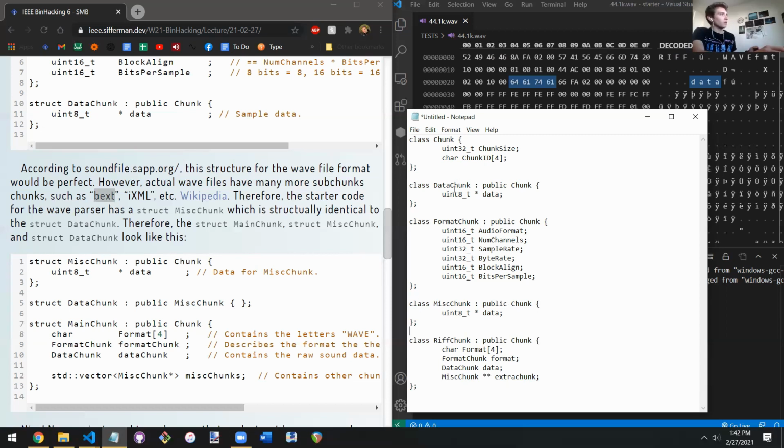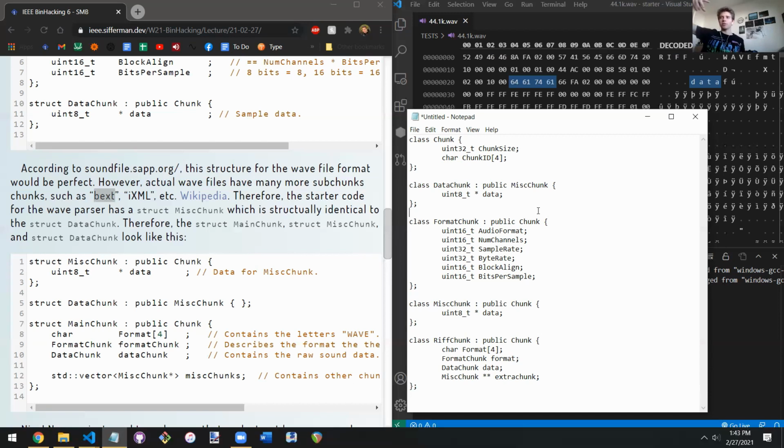So it's either going to be probably like MiscChunk extends DataChunk or DataChunk extends MiscChunk. Which one would you say makes more sense? I think DataChunk should extend MiscChunk. Isn't MiscChunk just our bag of eggs, and you want to pull from that bag? Right, exactly. Our MiscChunk is basically just a bag, but DataChunk is also a bag, but it's like a